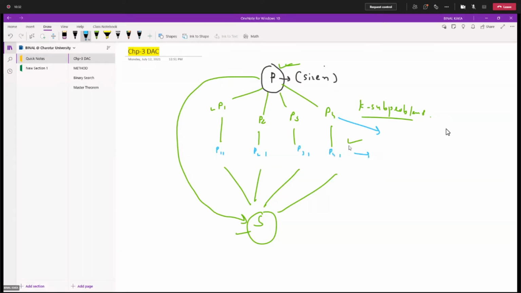These are my sub problems because whatever sub problems I have are also large in size. So now I have other solutions S11, S21, S31 and S41. After that, I combine all the solutions into a single solution. At the end, we have a single solution for the particular problem P, which is of size n.